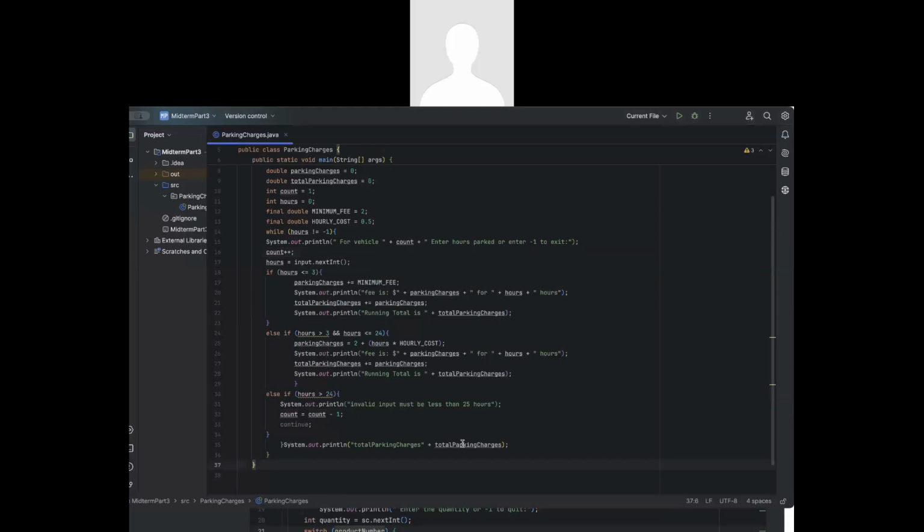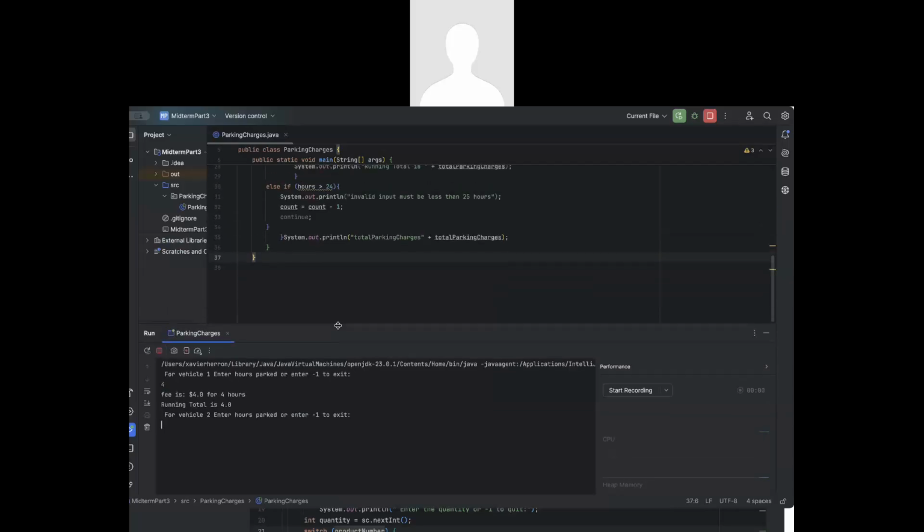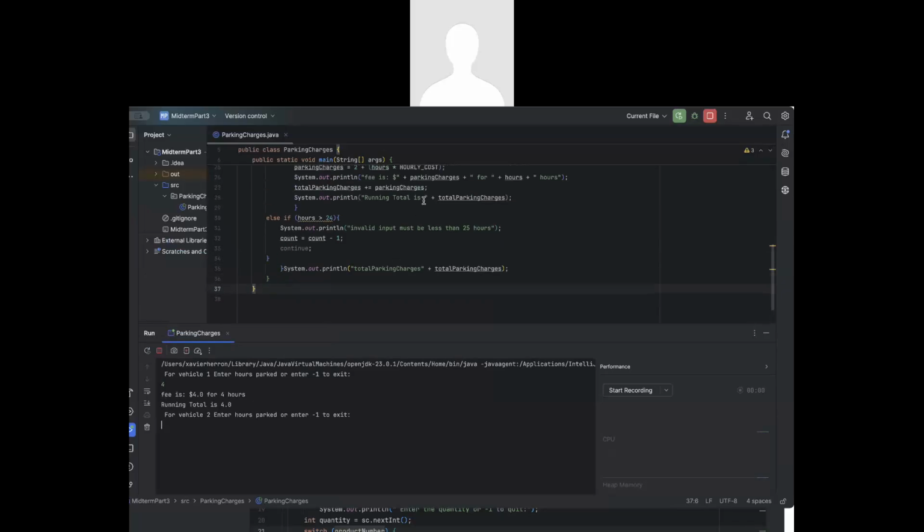Yeah. So I think I should just show you how it works now. Press start. For vehicle 1, enter hours parked or enter -1 to exit. I'm going to say 4. The fee is $4 for 4 hours. Running total is 4. And where I say running total, I'm going to put a $ sign here,